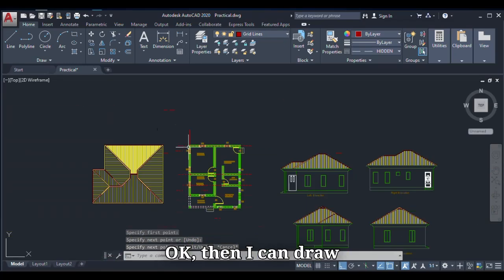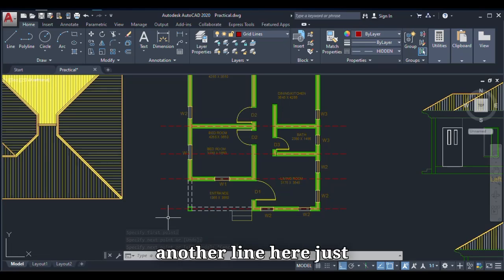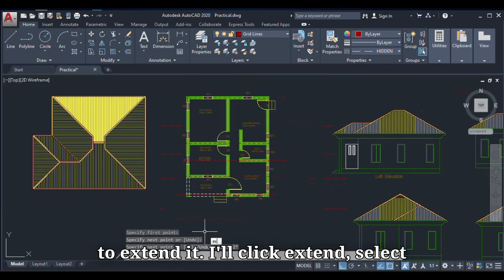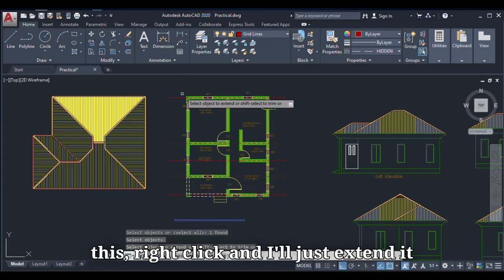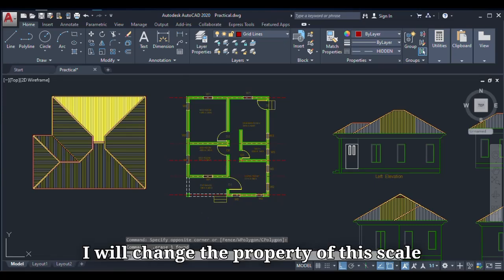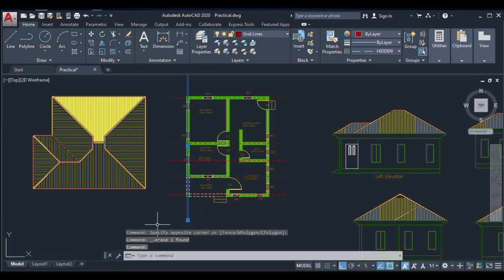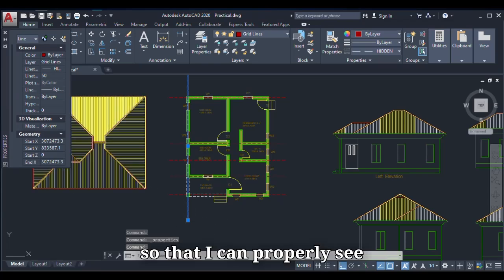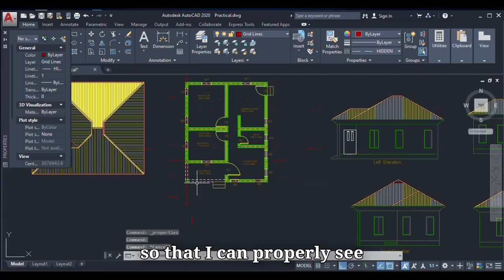Then I can draw another line here just to extend it. I'll click extend, select this, right click, and I'll just extend it to this. Then I will move this. I'll change the scale of this as well, to 50, so that I can properly see